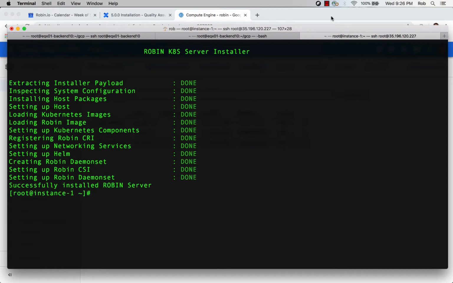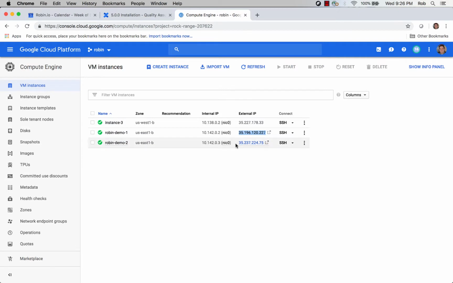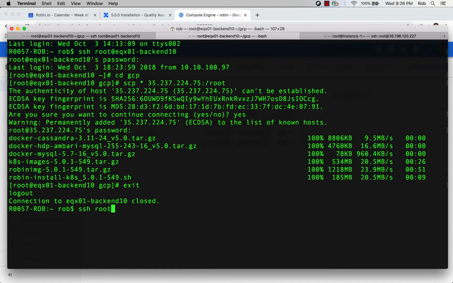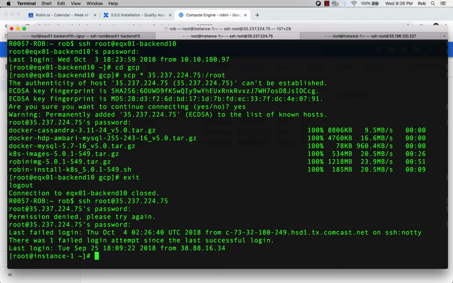Alright, so now that the installation of the master is complete on the first node in the cluster, we're ready to move on to installation of the agent on the second node. So let me flip back over to another shell here. Actually, first let me grab the IP address for that second node so we can SSH into it. Alright. Okay, and